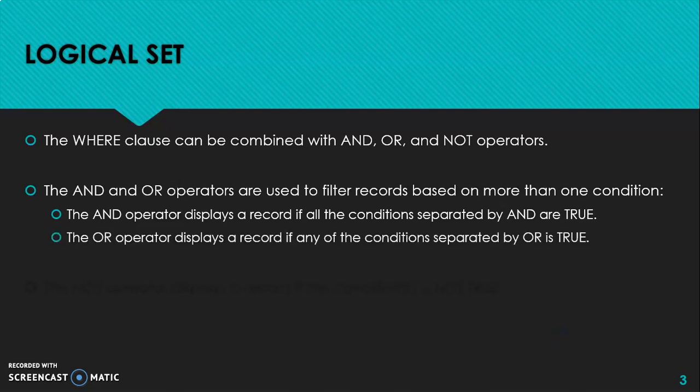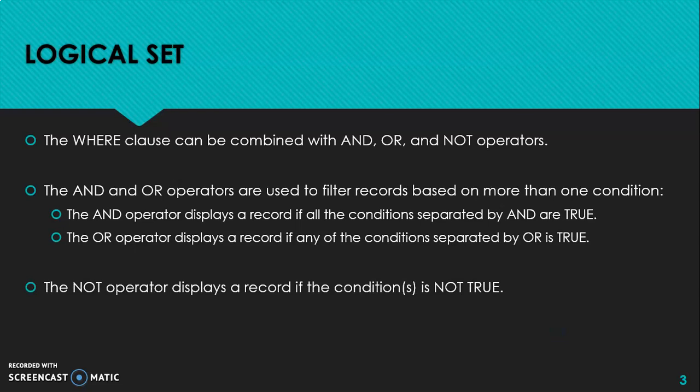So what we can say is, if all the conditions are true, then you will get the result. Similarly, for OR, if any one condition is true, then also you can get a result. So this is the difference between AND and OR. For the AND operation, you require all the conditions, that is 2 or more conditions, to be true to get a record or a result set. But if you are using OR in multiple conditions, if at least one condition is true, then you can get the result set. We will see this with an example.